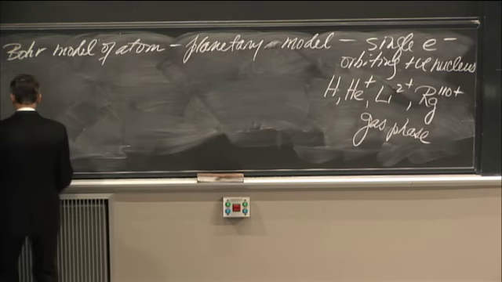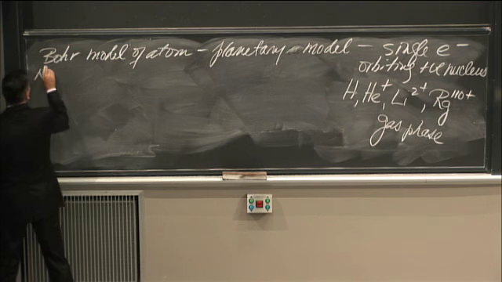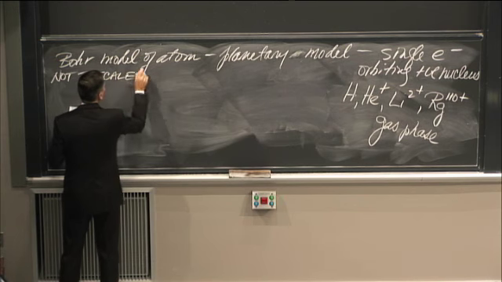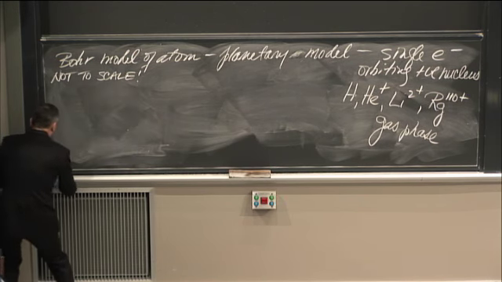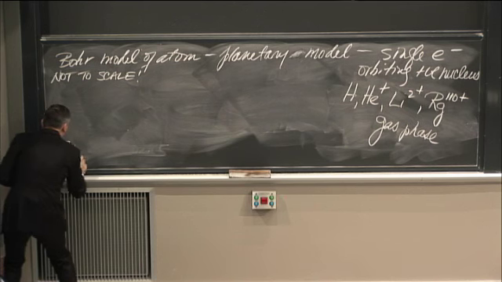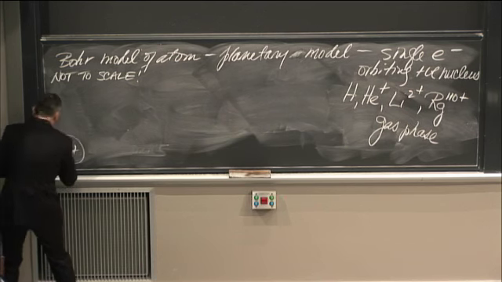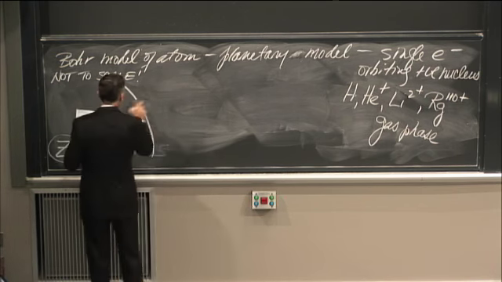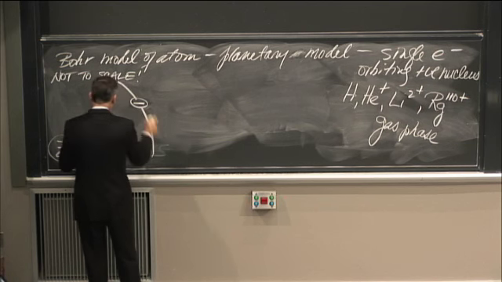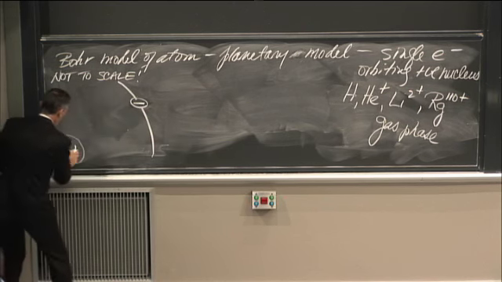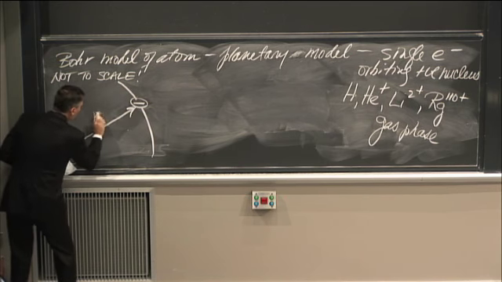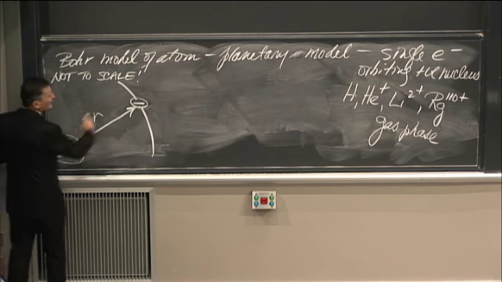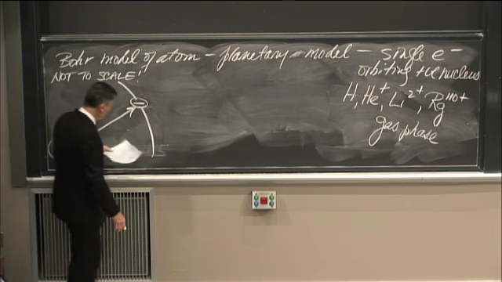All right? And here's what it looks like. I'm going to put the nucleus, first of all, not to scale, because I'm not going to draw 10,000 to 1. Okay? So over here is the nucleus with Z positive charge. And then out here is the lone electron in orbit. And this distance is r, the distance from the nucleus. You're going to say, well, is that from the outside or the inside? It's 10,000 to 1. It doesn't matter. Forget about it.